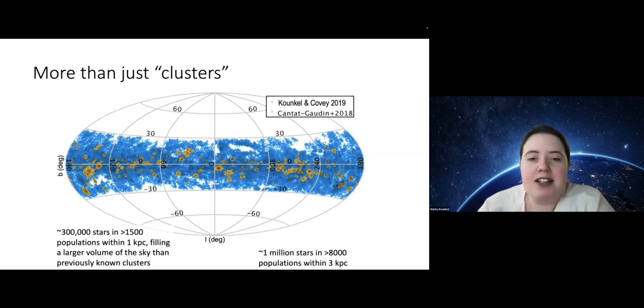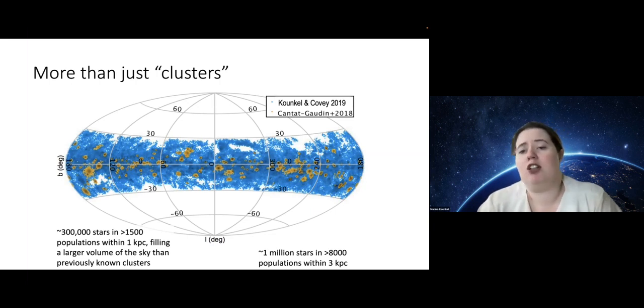And in fact, it reached a point where most people who use Gaia to hunt for these clusters don't really know what clusters are anymore. We no longer know the definition of what a cluster is. Because all of these populations, they are messy, they are unique, they have a wide range in terms of their structure, in terms of their morphology, in terms of their mass, number of stars, density, etc. So there's a wide variety of environments.